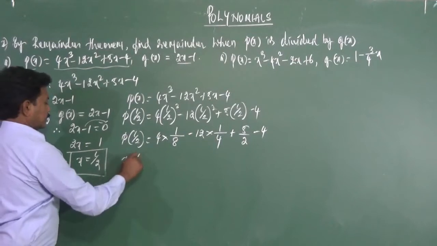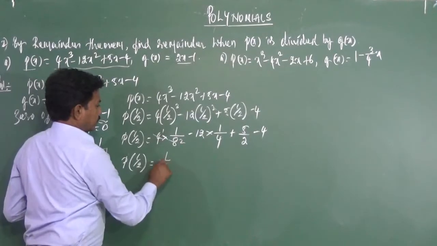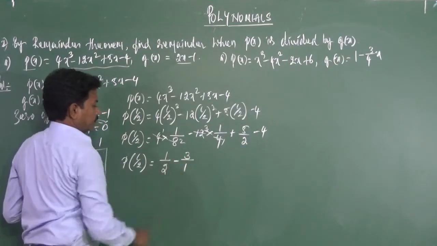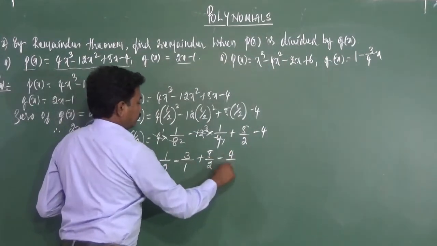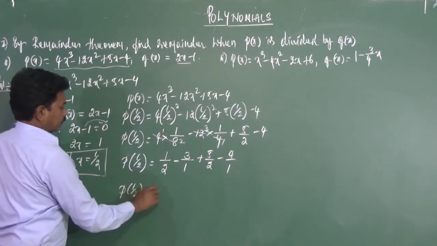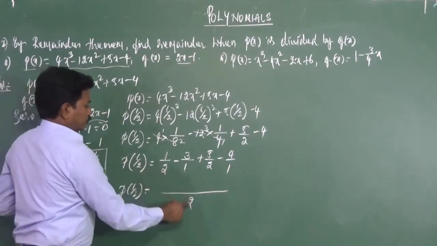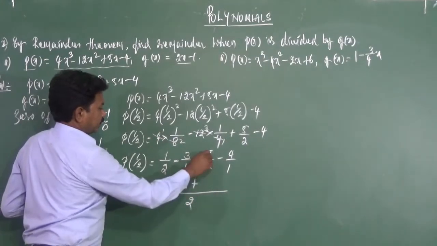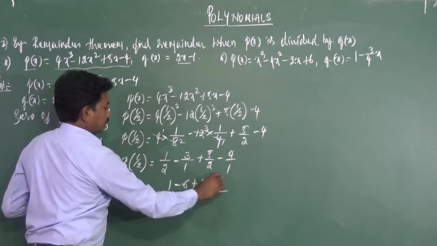So we can cancel, there are chances. So p of 1 by 2 is equal to 4 times 1 over 2 cubed, that is 1 by 2, minus 12 times 1 over 4, that is 3, so by 1 we have in the denominator, plus 5 by 2 minus 4 by 1. Below 4 we have 1. So p of 1 by 2 is equal to, for 2, 1, 2, 1 the LCM is 2. So 1 by 2 into 2 is 1, minus 3 by 1 into 2 is 6, plus 5 by 2 into 2, the 2 cancels, 5, minus 4 by 1 into 2 is 8.